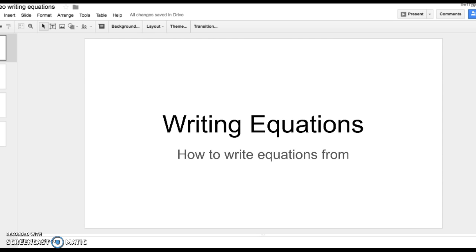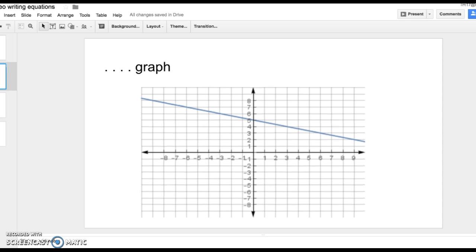So our first situation here is we're going to write an equation of a line from a graph. The first thing you want to ask yourself is, look at my line, is the slope positive or negative? In this case, it is negative. You want to then pick some points that you can read,